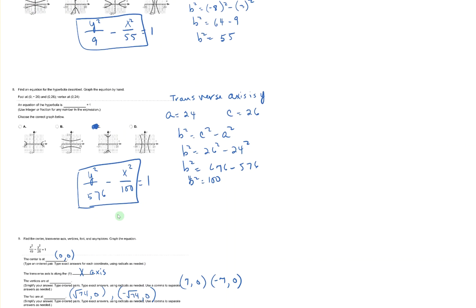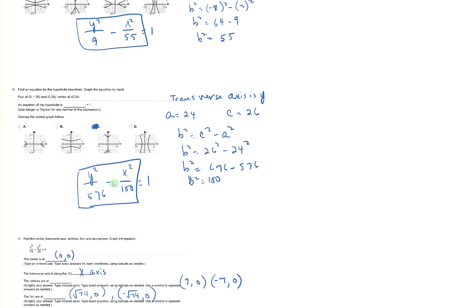Number 8, we're going to graph that by hand. So I guess it's giving that, but we're supposed to try it. So foci at 0, negative 26, and 0, 26, and a vertex at 24. So we know that A is 24 and C is 26. Use your formula to come up with what B squared is. So if A is 24, that means 576 is going under the y squared, and 100 is going under the